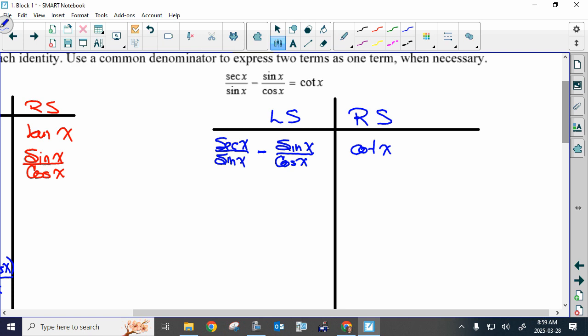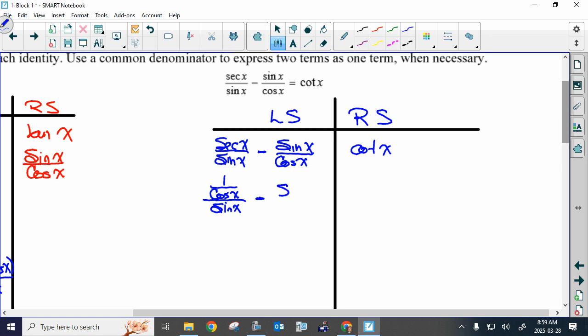Do you see squares anywhere? Do you see anything that might connect to a double angle formula? You got to look for the path of least resistance first, and if you don't see anything that looks like a double angle formula or a sum or difference formula, then you go to sines and cosines, okay? Now, did you guys recognize that this is 1 over cos x divided by sine x